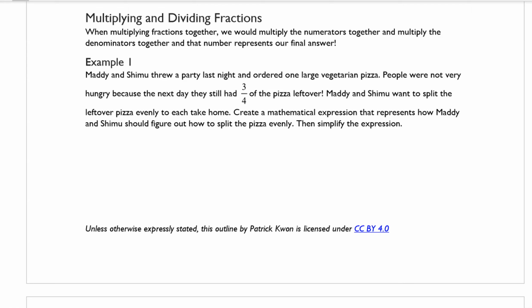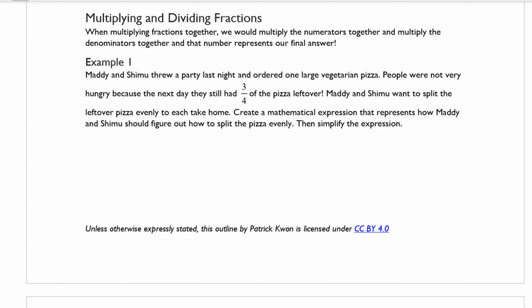Example 1 says, Maddie and Shimu threw a party last night and ordered one large vegetarian pizza. People were not very hungry because the next day they still had 3/4 of the pizza left over. Maddie and Shimu want to split the leftover pizza evenly to each take home. Create a mathematical expression that represents how Maddie and Shimu should figure out how to split the pizza evenly, then